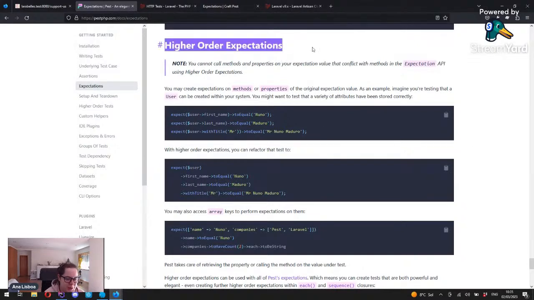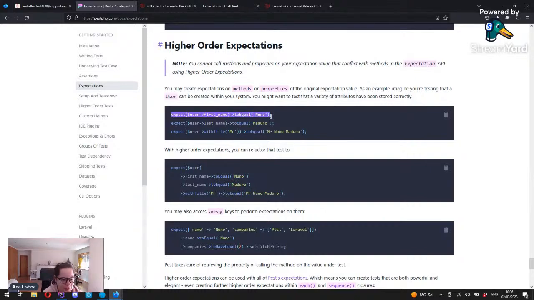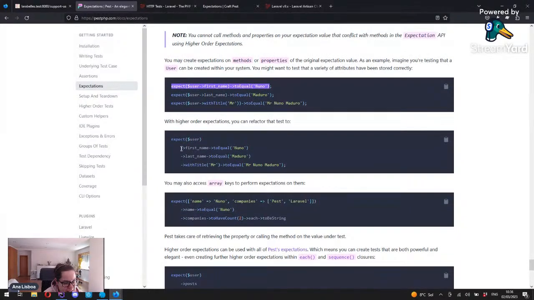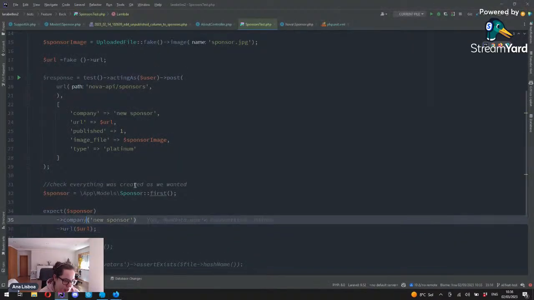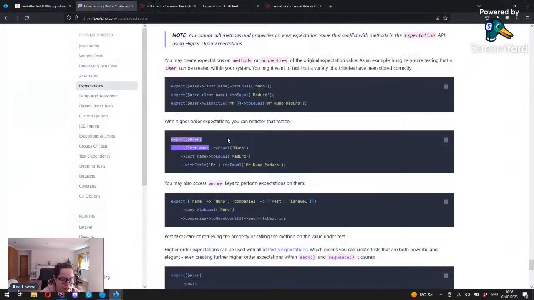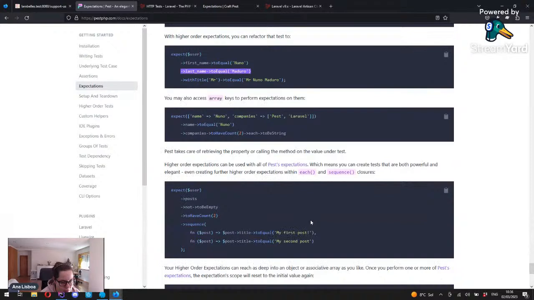So this is what we are trying to use, higher order expectations. So we are expecting the sponsor company to equal the company name, but we can do it more elegantly. So we can expect the user company name, so we already have that company, in our case, to equal, let's remove this tick, new sponsor,